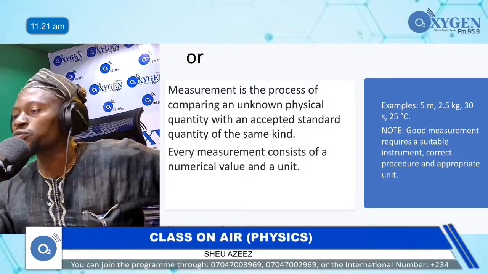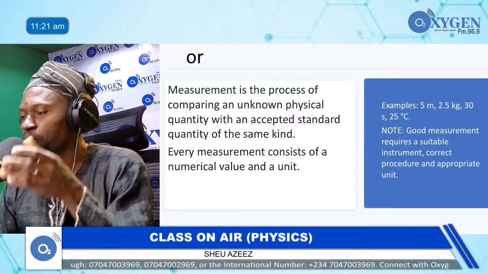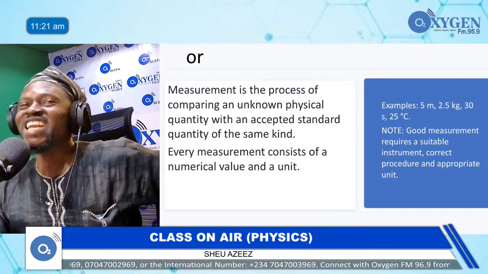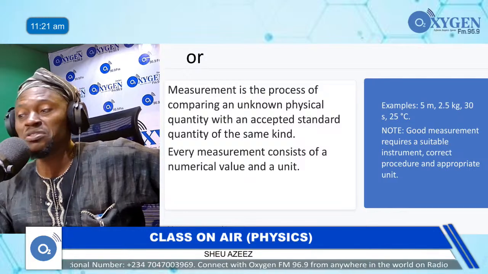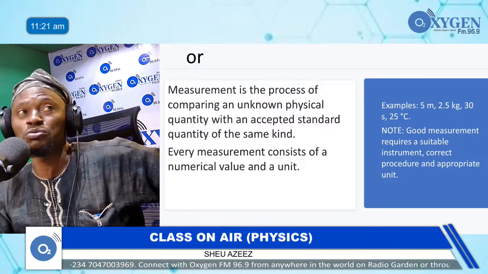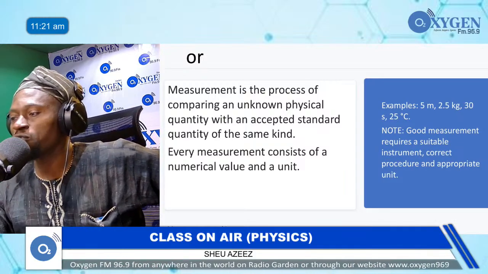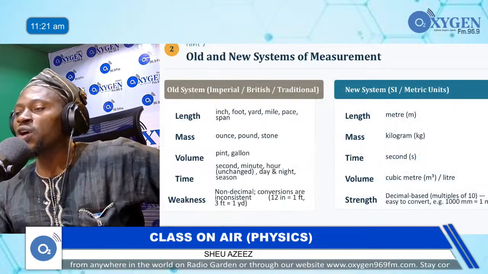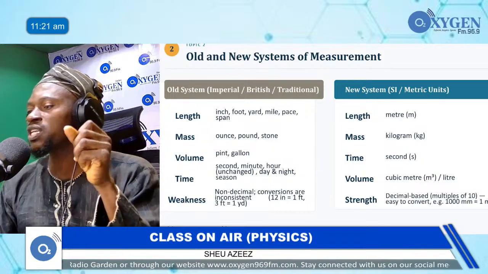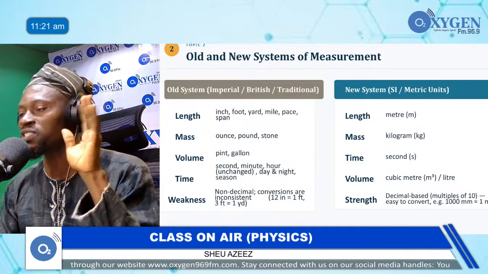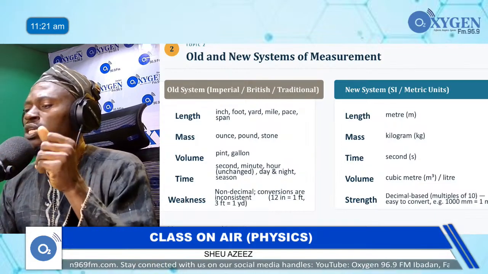You are welcome back. Let's juxtapose the old and the new system of measurement. Some systems of measurement that we call old still repeat themselves in the new system of measurement. So when we are talking about old, we are talking about traditional. We are talking about the imperial system of measurement. So now when we are talking about